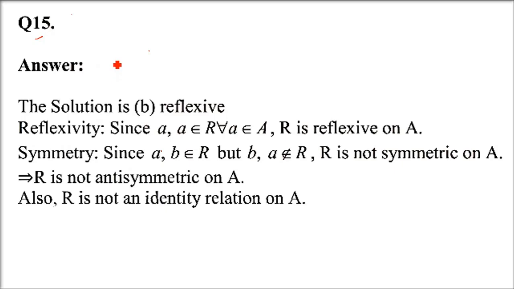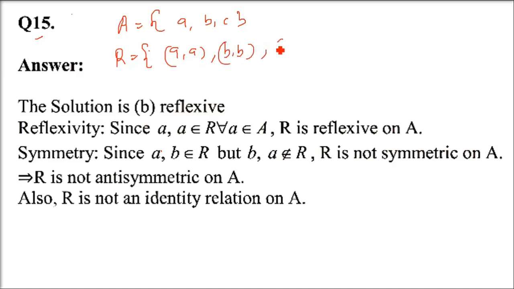Question number 15. R is given, the set is also given. The set is {a, b, c}. And the relation R is {(a,a), (b,b), (c,c), (a,b)}. Then R is, there are four options being provided here. What is the answer? If it had been only (a,a), (b,b), (c,c), then it would have been the identity relation. Since (a,b) is also there,